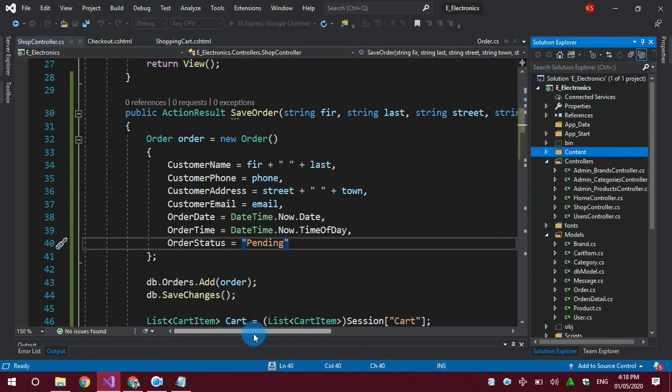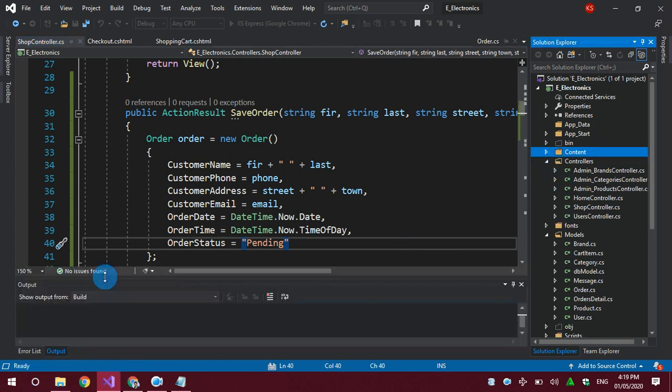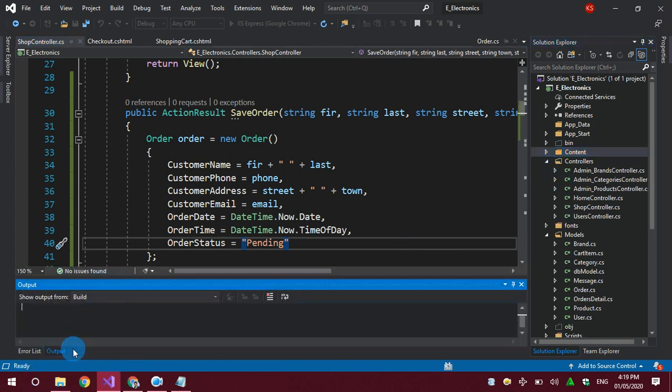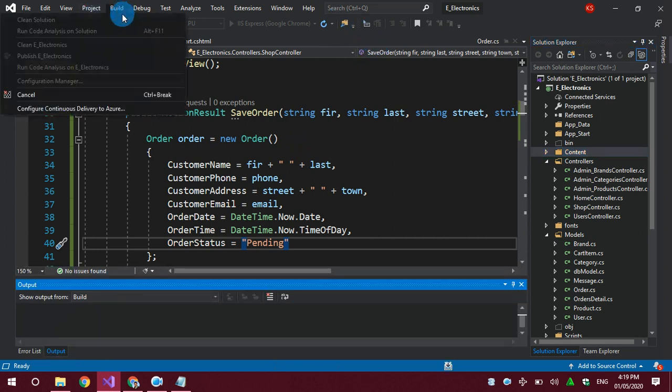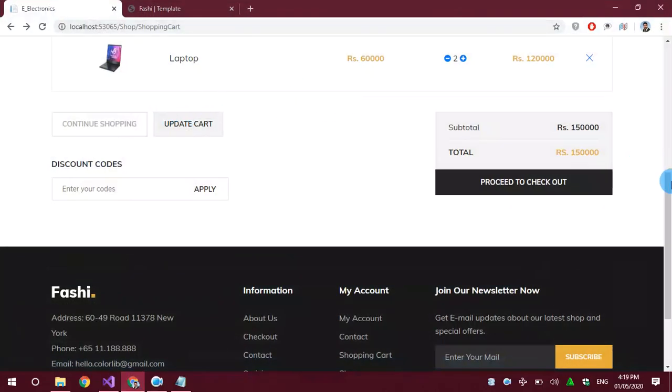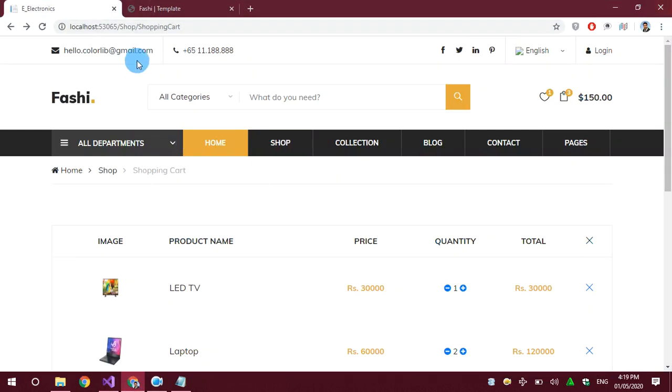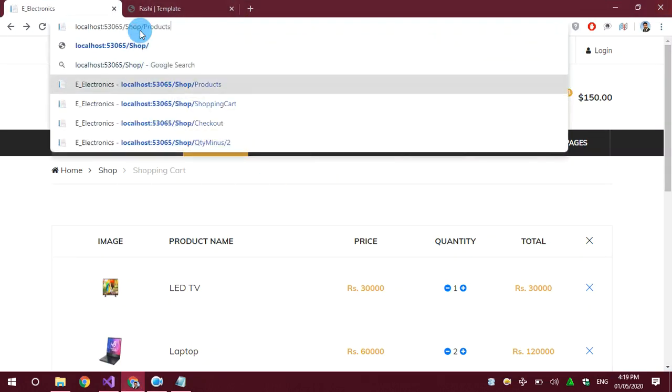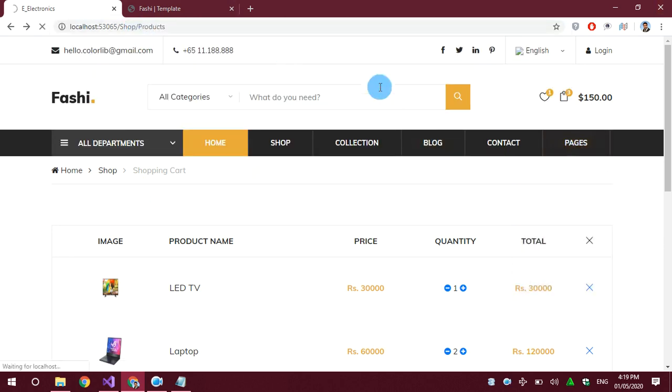When the project is completely built, okay, build succeeded. Now I can go to my products page and add the products again, because I built my project again and have to add the products again.